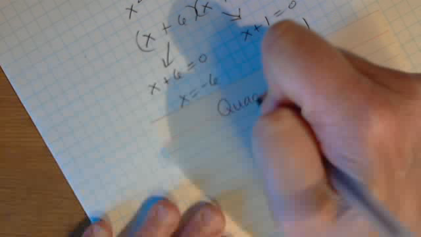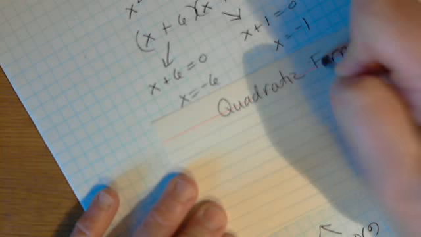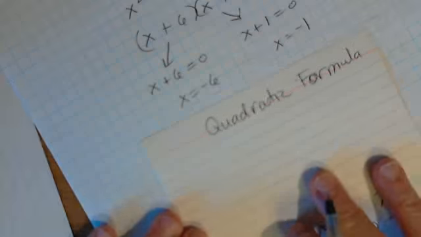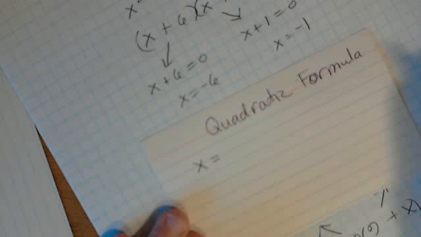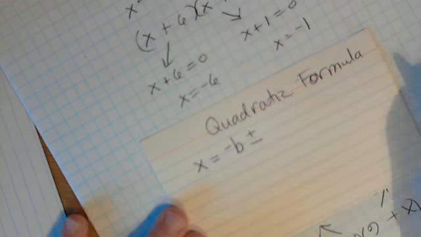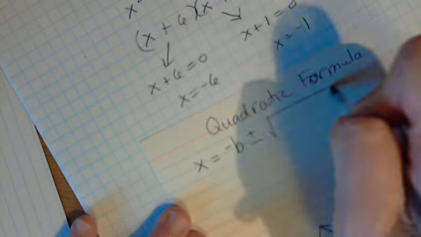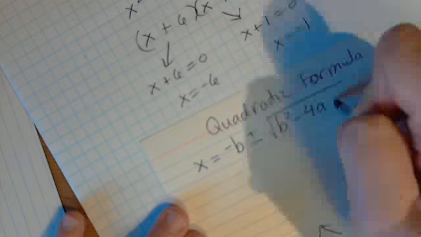So pause the video and grab an index card or a small note card. Alright, hopefully you're back and you did that. Quadratic formula. Let's write it down. Here it is. X equals the opposite of b. Notice how I say that, and I will always say it that way, and you'll see why in a moment. Plus or minus big square root sign b squared minus 4 times a times c